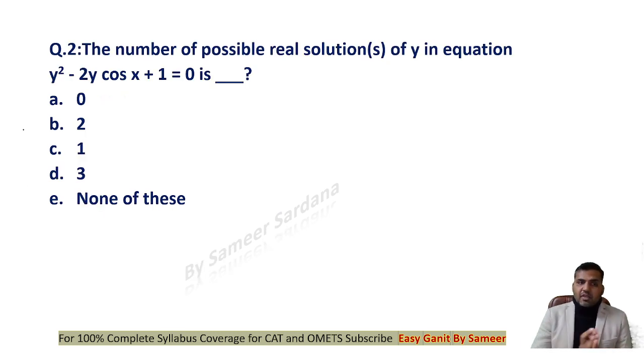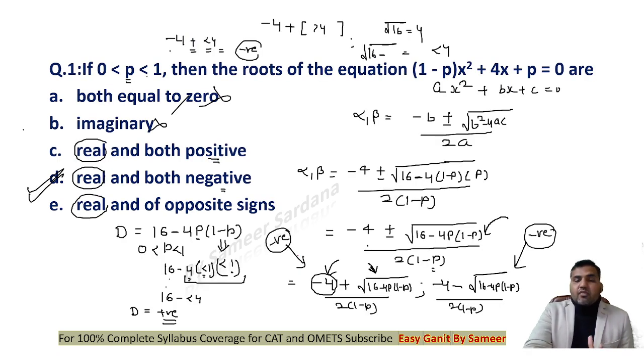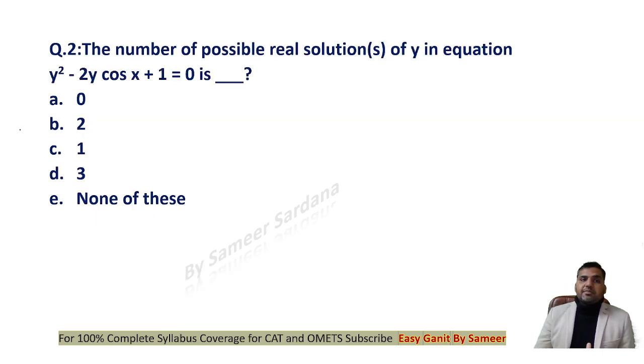Right? You don't have to do the complete calculation. You just have to see whether it will be positive or negative ultimately, right? Because we don't know the unique value of P. P can be anything from 0 to 1. So we just need to see whether the roots are positive or negative. So in this, you can clearly see that both roots are negative.